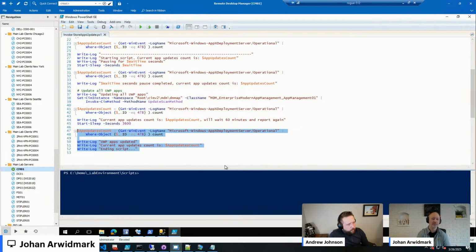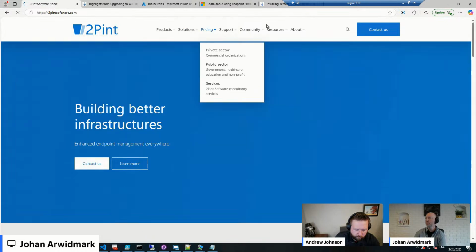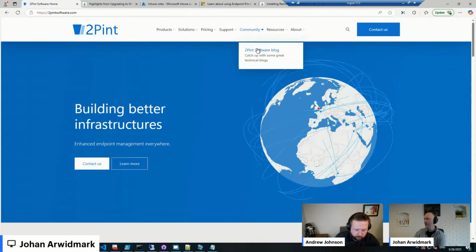There's a follow-up question here. What about during Autopilot pre-provisioning? I haven't tried to run this script during that phase, but this can take quite some time. When we were doing the testing that I blogged about over at the 2 Pint blog, I guess it was a couple of years ago,